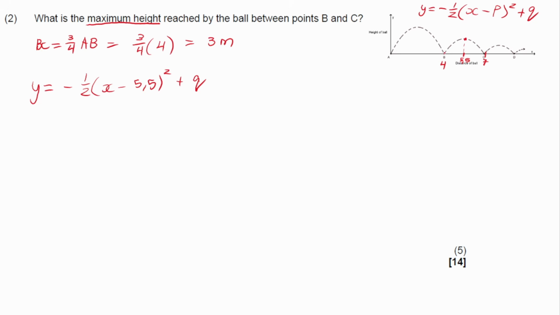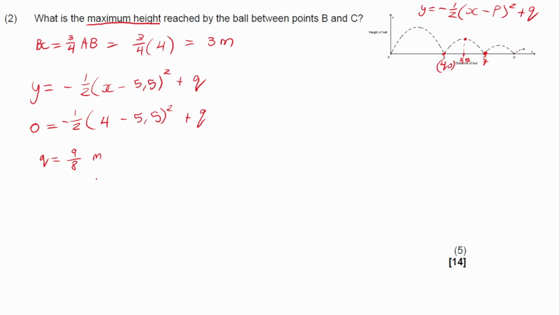We just need to sub a point. So we actually have two known points. We know this point and we know this point. So this is the point x 4, y 0. So we can just substitute that in. So that should be a negative, and that's 4 minus 5,5 squared plus q. When we put this in our calculator, we get q is equal to 9 over 8